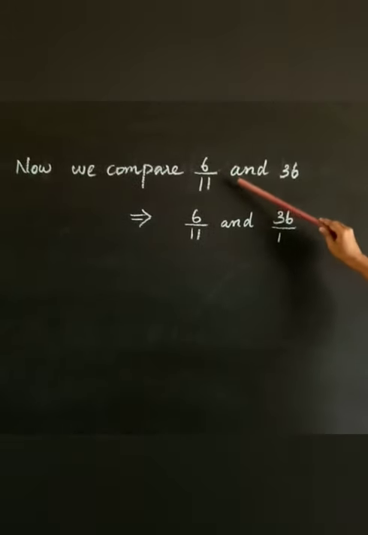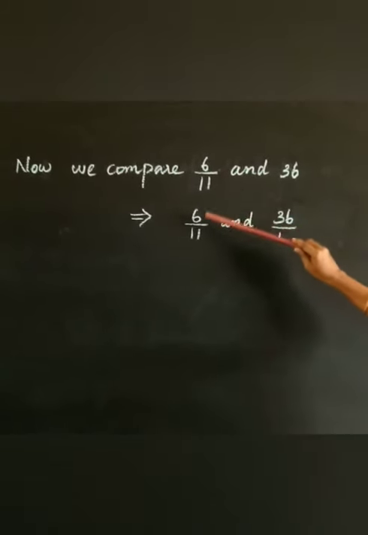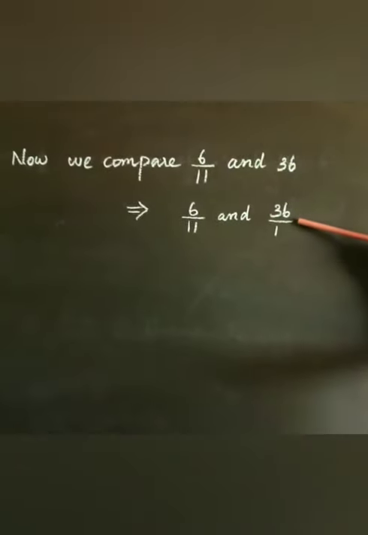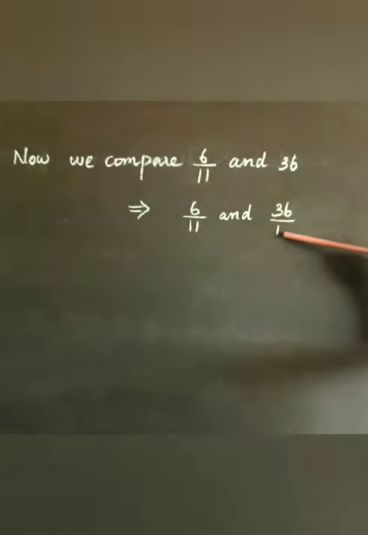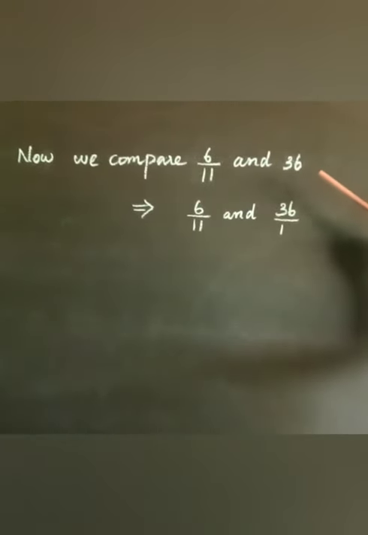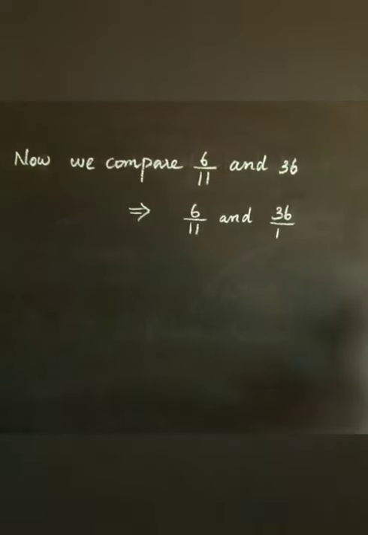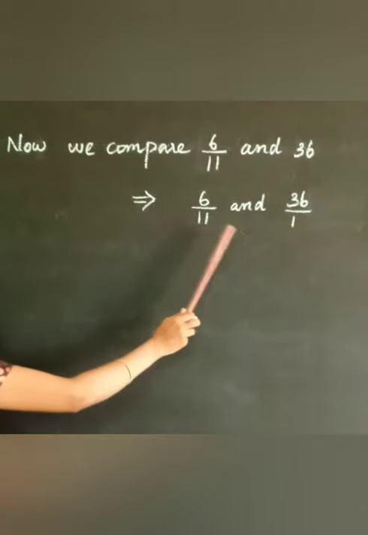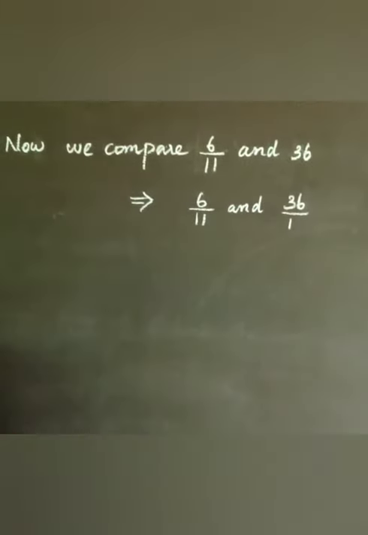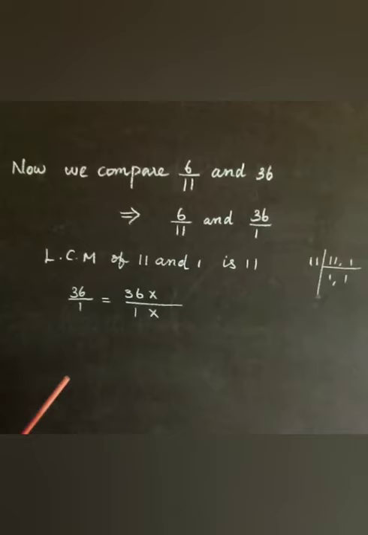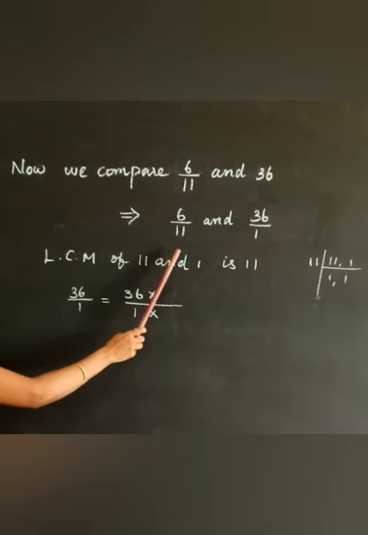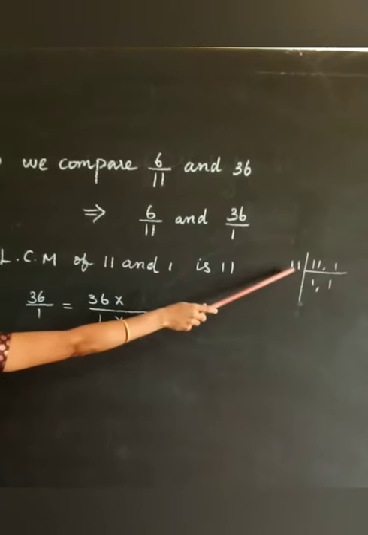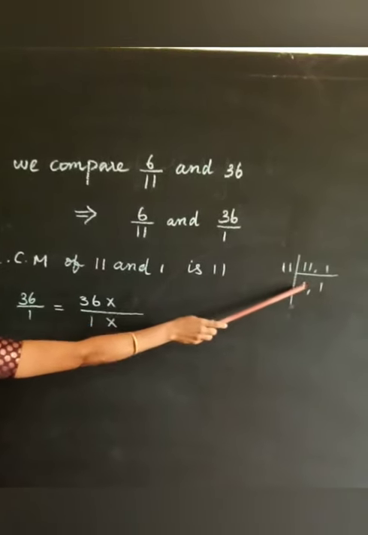So next we have to write this step. How do we write? 6 divided by 11 and this 36 the whole number we converted into fraction form 36 divided by 1. Every whole number has the denominator 1. That is in the fraction form. Now see the denominator of the fraction. Both is not same. Here 11, here 1. We have to take the LCM of the fraction. Now we have to take the LCM of 11 and 1. In 11 and 1, we have to take 11 table divided in 11 table. How many times? 1 times.